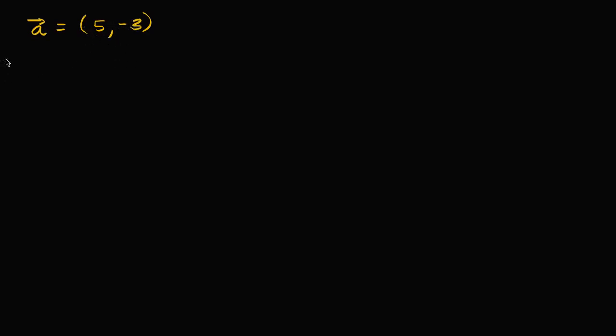Well, if we have this, then the magnitude of A is just going to be, and this really just comes from the distance formula, which just comes from the Pythagorean theorem. The magnitude of A is just going to be the square root of the x component squared. So the square root of the x component squared, so 5 squared, plus the y component squared, so plus negative